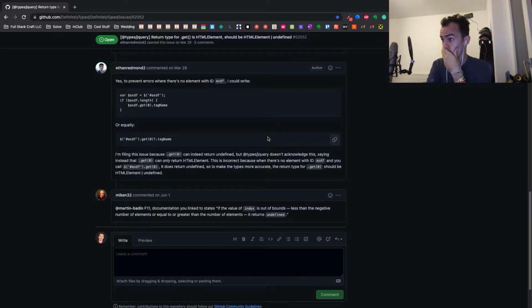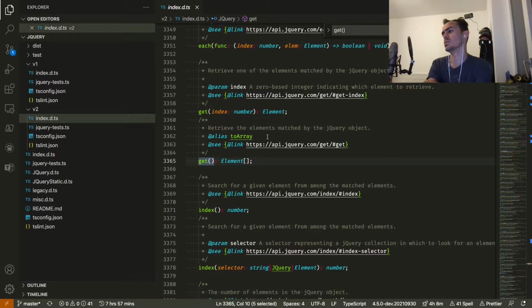If the value of index is out of bounds, doesn't that throw? Not sure. I really don't know. HTML element. So basically, this would be my pull request.